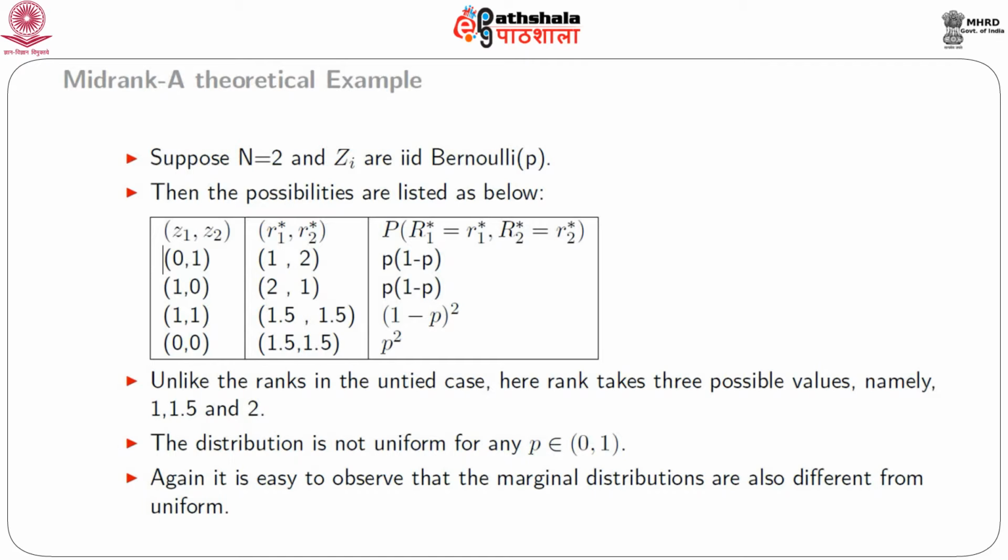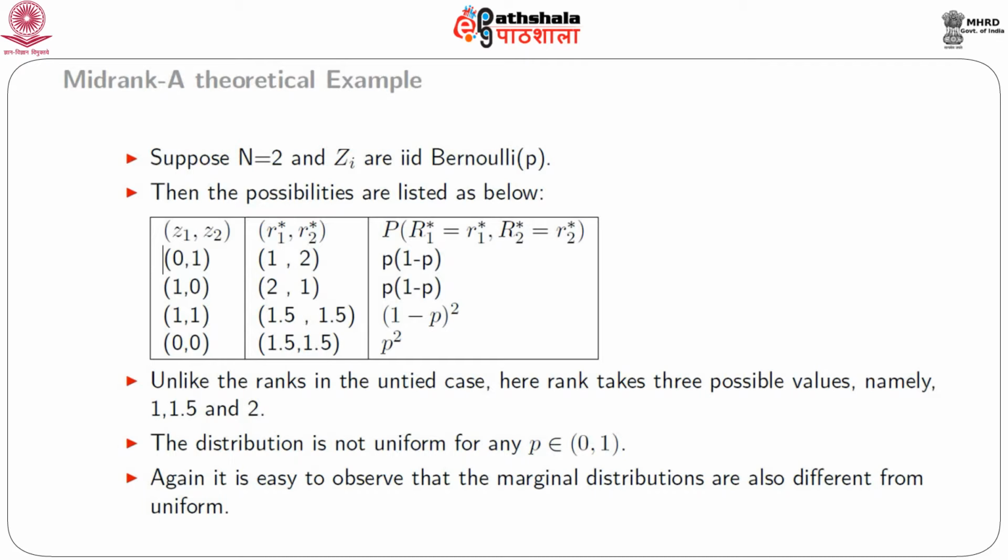So for example, suppose n equals 2 and Zi are IID Bernoulli(p). Then we have the possible values of (Z1, Z2) as (0, 1), (1, 0), (1, 1) and (0, 0). Corresponding to each pair (Z1, Z2), we can calculate the observed value of the mid-rank R1* and R2*. So corresponding to the observation or realization (0, 1), we get the mid-rank vector as (1, 2), and